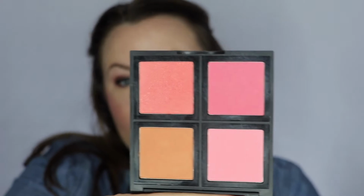This is just a little bit too orange for me to really like, but these pop out. So, I'm not going to do it right now because I'll get blush everywhere. But they pop out, so I could replace that with something else, which I think is really cool. e.l.f. Good job. This is that light pink